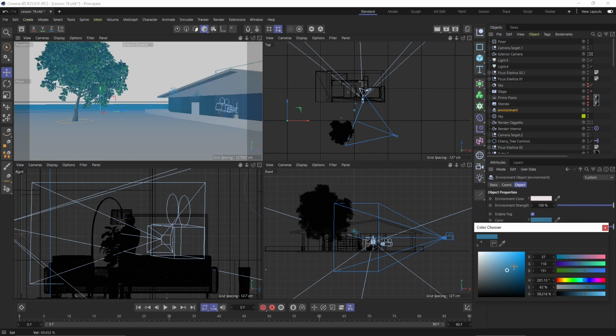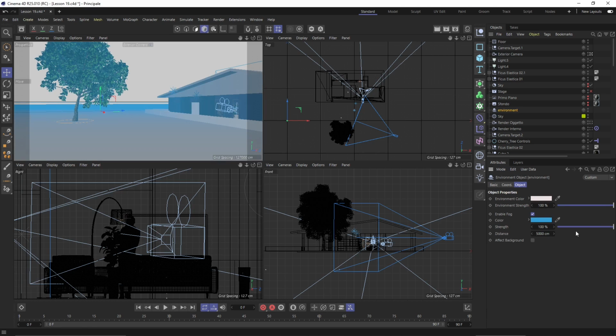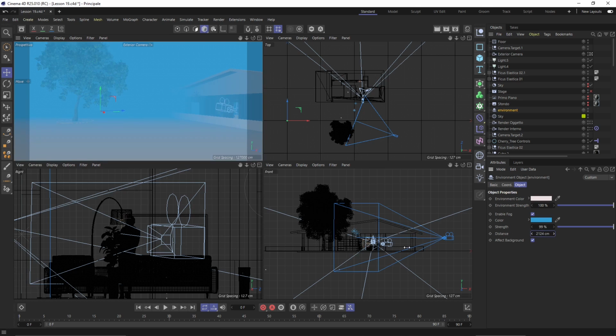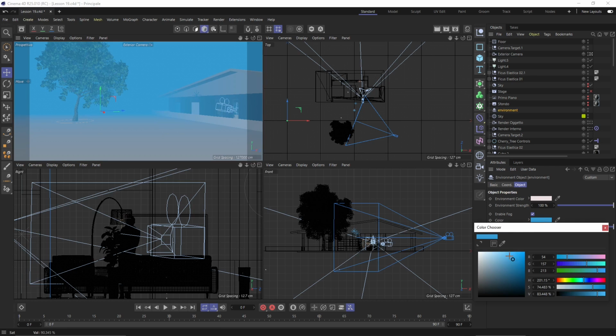And you can change the color of the fog, the strength of the fog as well. And you can say if you want to affect the background or not. And then you have the distance. Distance also is pretty important because it's going to define where the fog is going to start. And so the closer it will get, the less you will see, just like in reality. And then you can play around with this and create many effects.